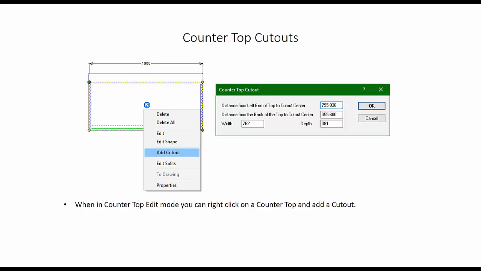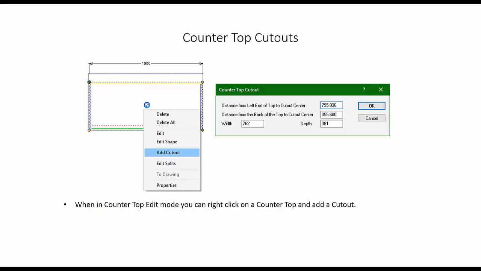Okay, so as we continue, I'm going to go through a few screens here, and then we're going to actually recreate some of this on the fly. The reason I'm doing this is it will be easier to capture it all in one screen so that you can see what we're looking at. Now, in addition to sink and cooktop objects creating a cutout, you can actually right-click on